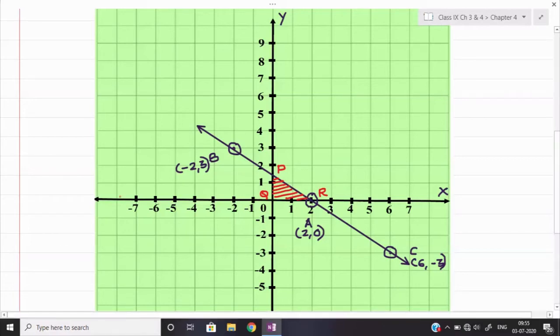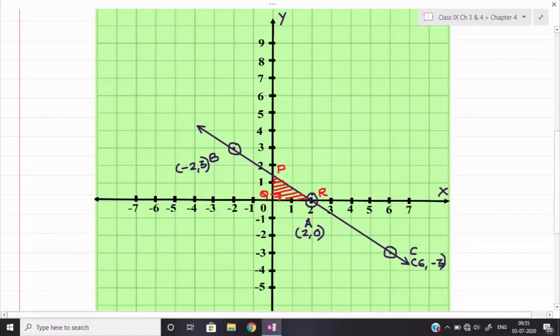Now one thing you observe here: PQ and QR are already perpendicular. How can we say that? Because the x and y axes are always perpendicular. So angle Q will be 90 degrees. So PQ will become my perpendicular while QR will become my base. So observe PQ, which is the perpendicular: its length is equal to how many units? You observe the line is passing between 1 and 2.